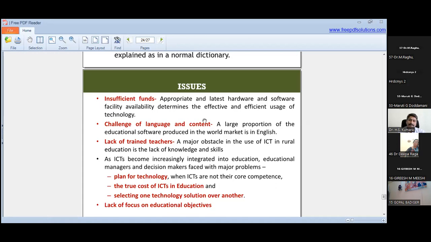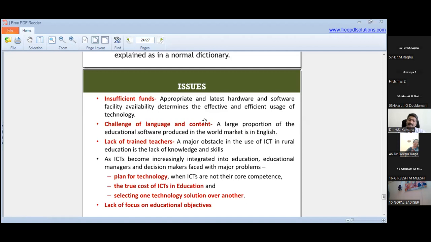That's also very important. Then again, ICT becomes increasingly integrated into educational managers' decision making. This is very important. Every time we start introducing various ICT initiatives, based on that we need to understand the plan for technology, which is very important to take into consideration.